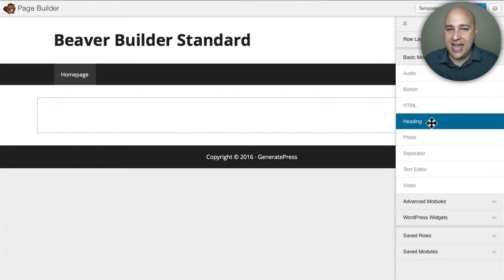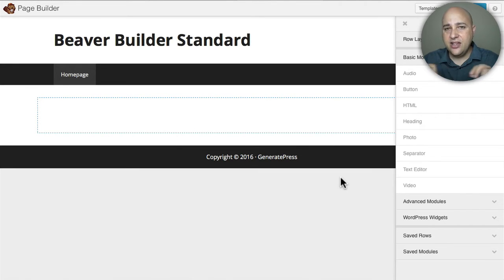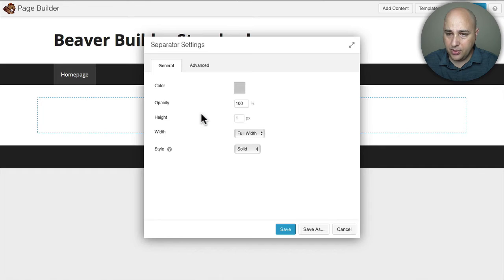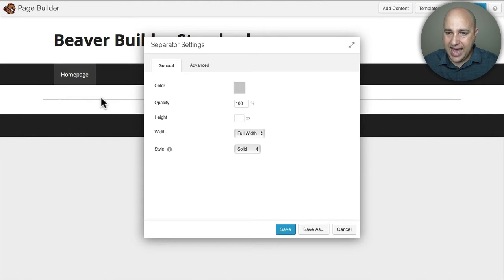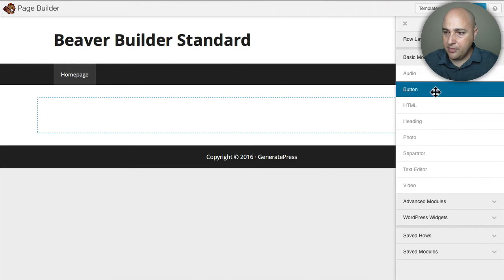Another difference is this headings module, and that's going to allow you to have different headings that you can put a unique font in to add a little bit more flair to your website. And then there's also this separator, and that allows you to add some kind of a visual separator between your content. Usually it might be a line or something like that. Let me just show you real quick. It's pretty simple. You drag and drop that, and you can see it already added the line, and I can change the color, the thickness, the width. I can change anything that I want, and it just kind of allows you to lay out your content a little better. So let me cancel that and pull up my content modules again.